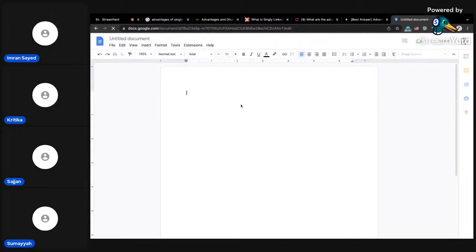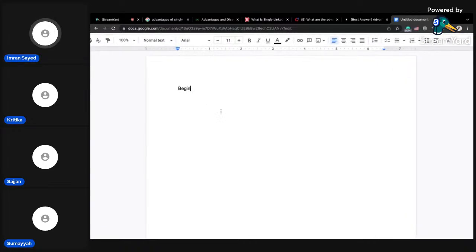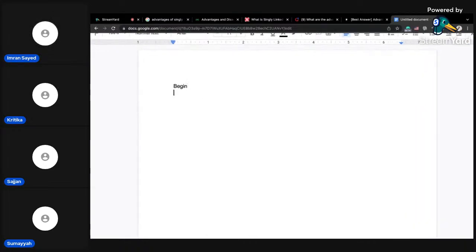Okay. Begin. Read the length of the array. That is n. Loop from the second element